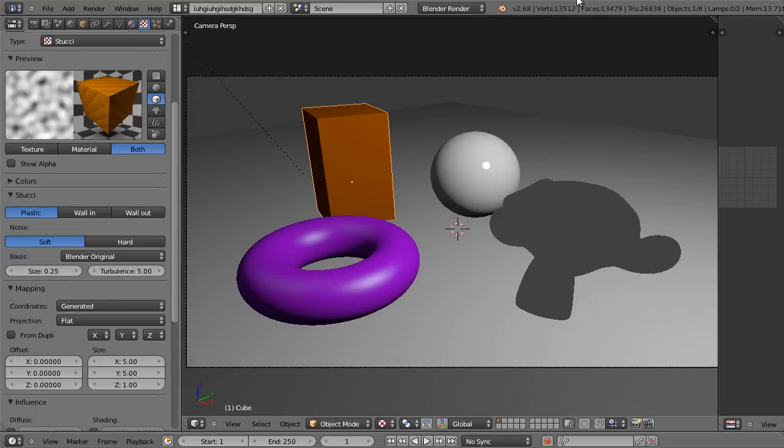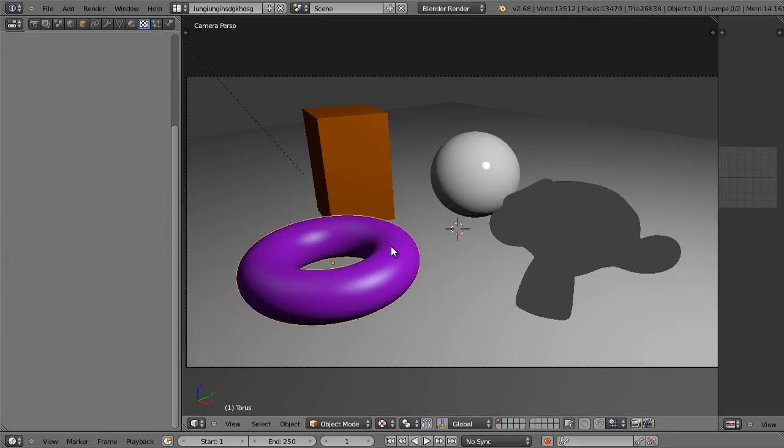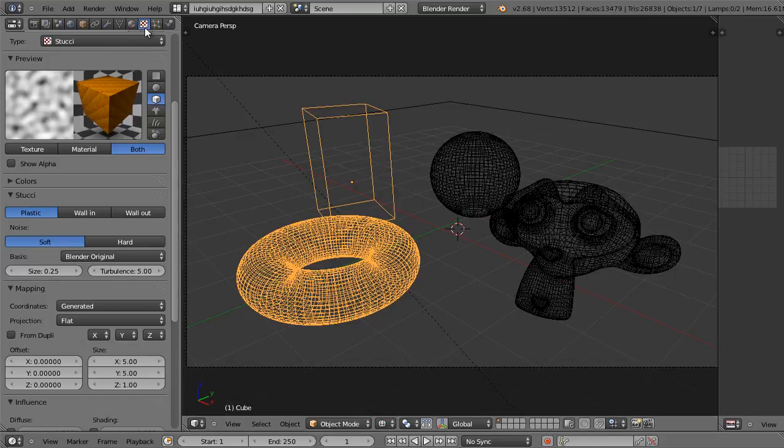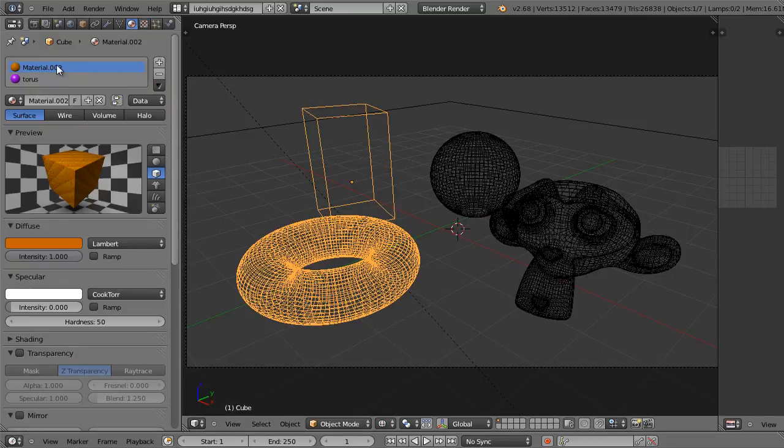Now there's one last thing I want to do in this chapter. I want to show you how to add multiple materials to the same object. First off, when you join two objects together into one mesh, they still maintain their own materials. So for example, if we select the torus, hold shift, and select the cube, and press Ctrl and J to join them together into one mesh, if you go to the materials buttons, you'll see at the material list at the top, both of their materials are listed. So joining them together doesn't make any of them lose their material. So undo that,